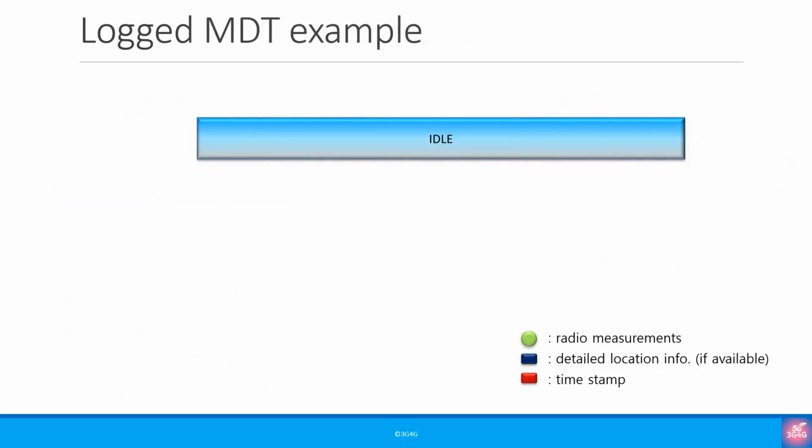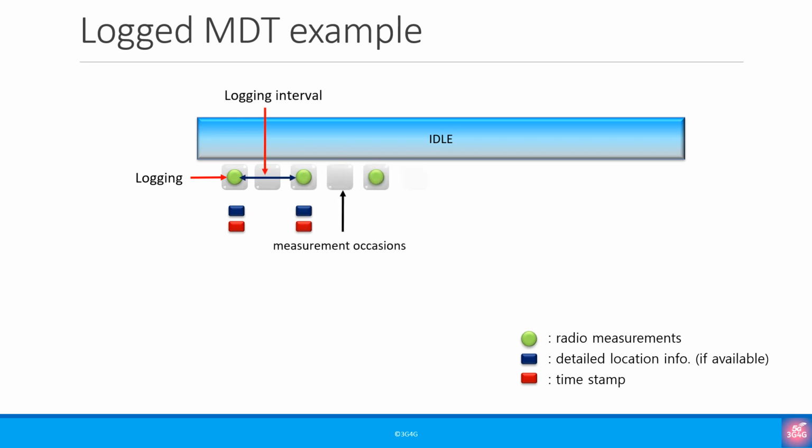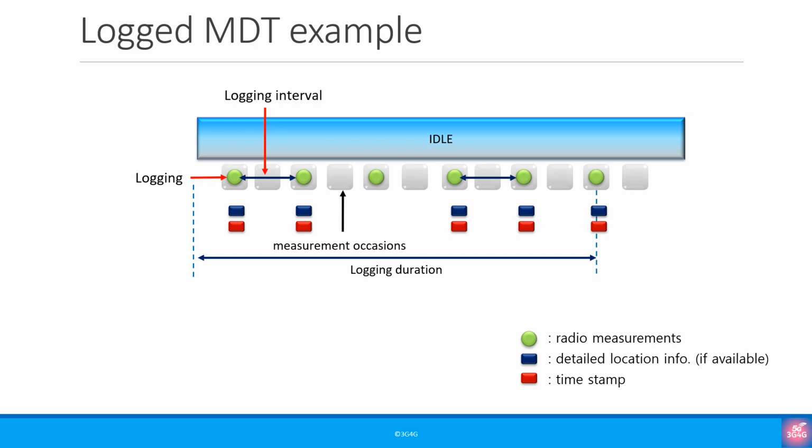Let's start with the logged MDT example. You have to remember here that in idle mode, there is no signaling to the UE. So what happens is that when the UE is in RRC connected state, the network sends logged measurement configuration message to the UE to configure it for logged measurements as soon as it enters RRC idle mode. Once in the idle mode, the UE takes measurements which is in multiples of DRX cycle. It then stores the downlink RSRP or RSRQ in the log along with timestamps and any location data that it has available.